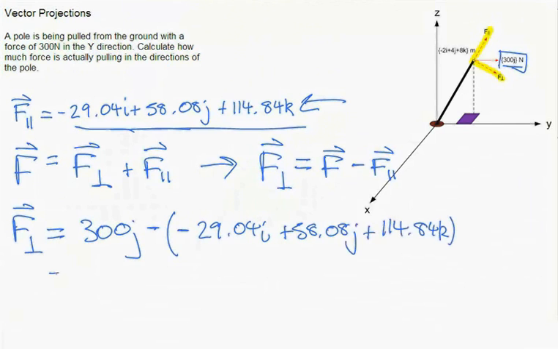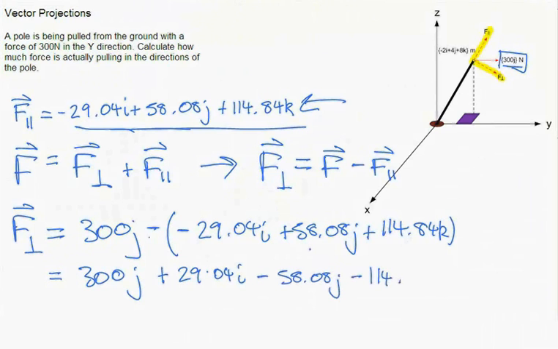Simplifying this, we would have 300J. Minus and minus become positive, plus 29.04i, minus and a plus is a negative, 58.08j, minus and a plus is negative, minus 114.84k. Subtracting these two j's, you end up with a final answer of